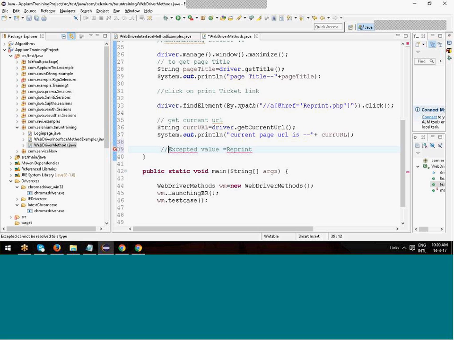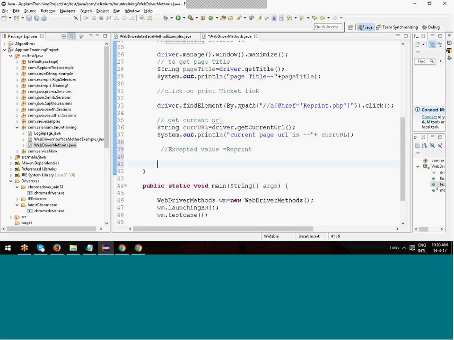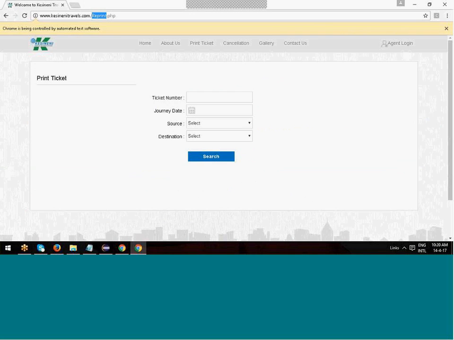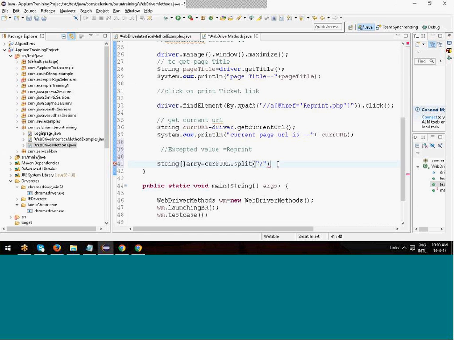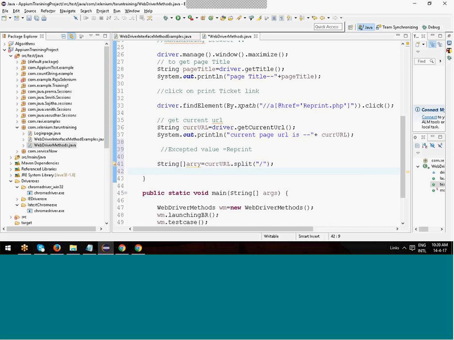What I should do here is, this is the string. I should apply string array to the current URL, with what expression? Here we need to split like this. Okay, and then